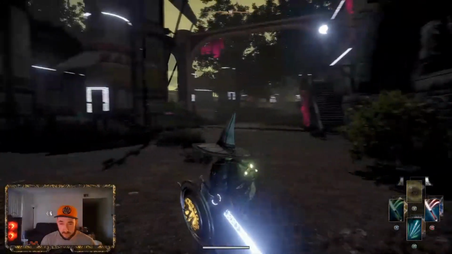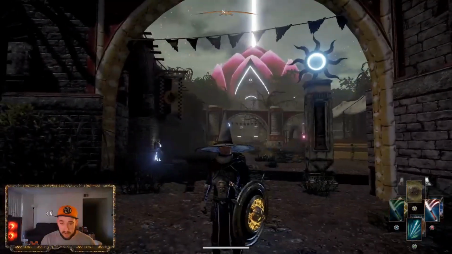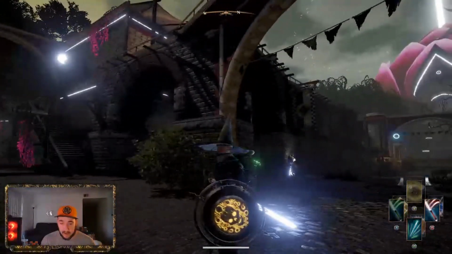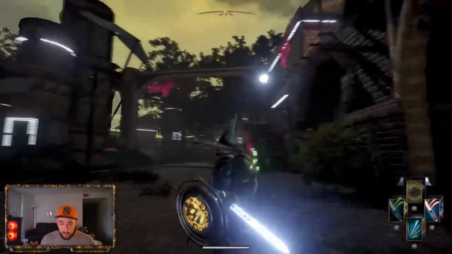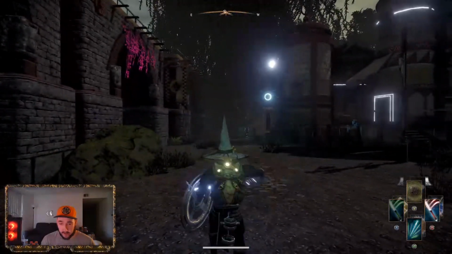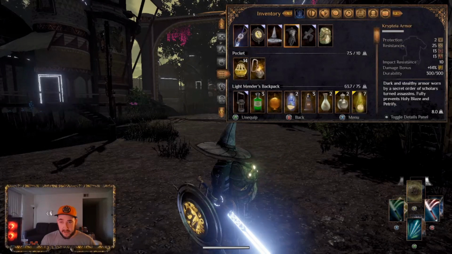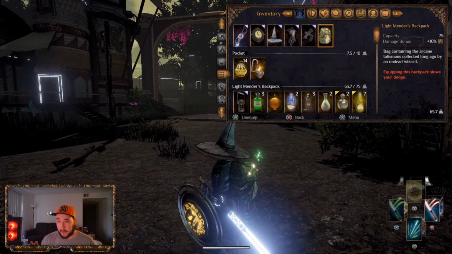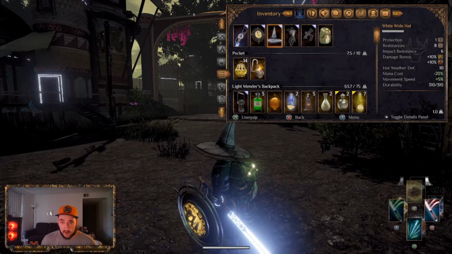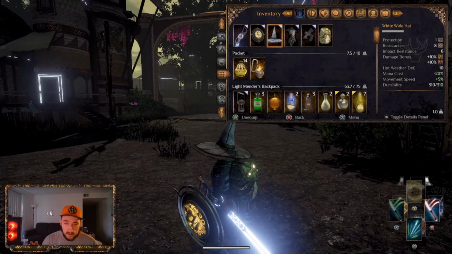So yeah, this is my Divine Paladin build right here. As you can see, I got the Will-O-Wisp shield. I've got the Radiant Wolf sword as my weapon. I got the Lightmender's backpack, and as far as my armor goes, there's different options depending on what you want,